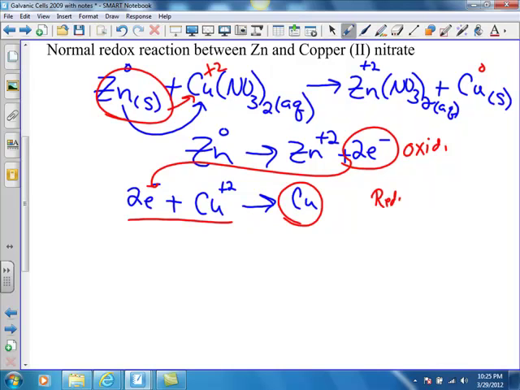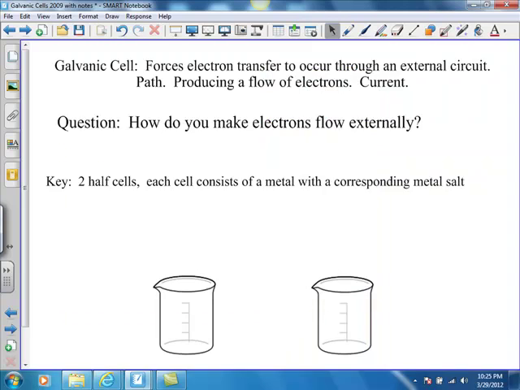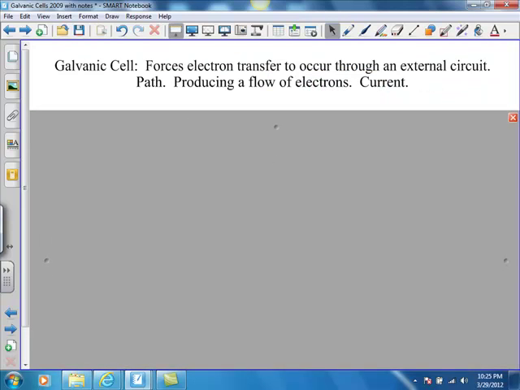So, great. How does that translate to a reaction? Now, I'm going to come back to that. What a galvanic cell is, in a galvanic cell, like a battery, we need to force that reaction to occur, but we want to, and this might be a bad term, capture the electrons and use them to do something else, like light a flashlight, or turn on our calculators, or turn on our cell phones. We want to harness those electrons and make them do some work for us,